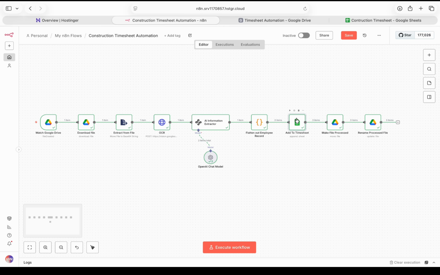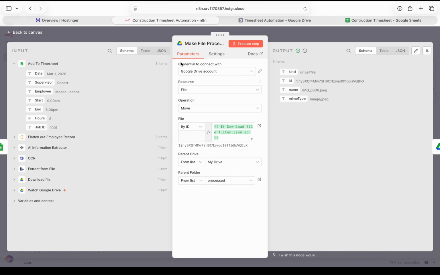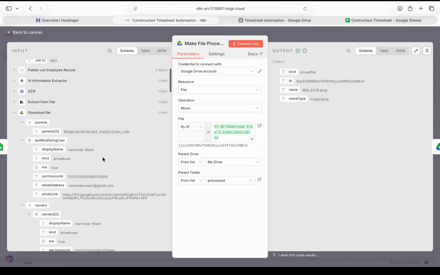So now that the rows have been added to my Google Sheet, what I'm going to do is go back to my Google Drive and say that this image that was uploaded, I have been successful in processing this image. So I need to take this image from the unprocessed folder and push it to the processed folder. The way I do that is I create another Google Drive node. In this Google Drive node, we will do a move operation, and then we have to define the ID of the file. The ID of the file is, you're going to come to the download file here,